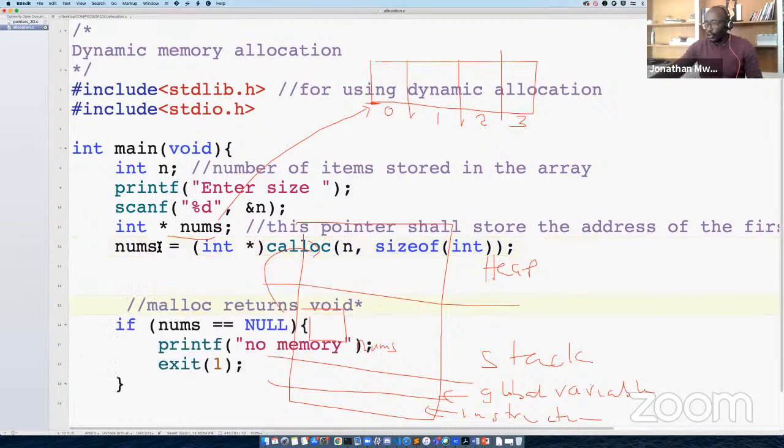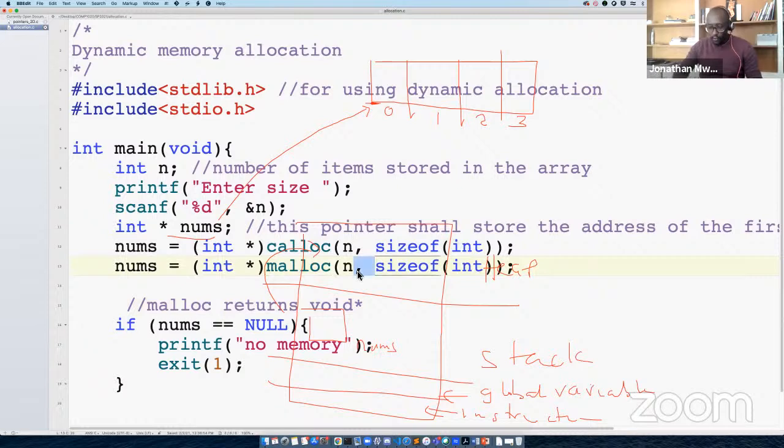Now let me put it like this. I'm going to copy that, paste that. I'm going to do malloc here. So notice the difference. Here we only need one argument, n times size of that. So basically we can replace this number with saying we want 40 bytes, for example. But because we don't know how many bytes are being stored for an integer, we can just say give me n times size of whatever number of bytes integers are being kept.